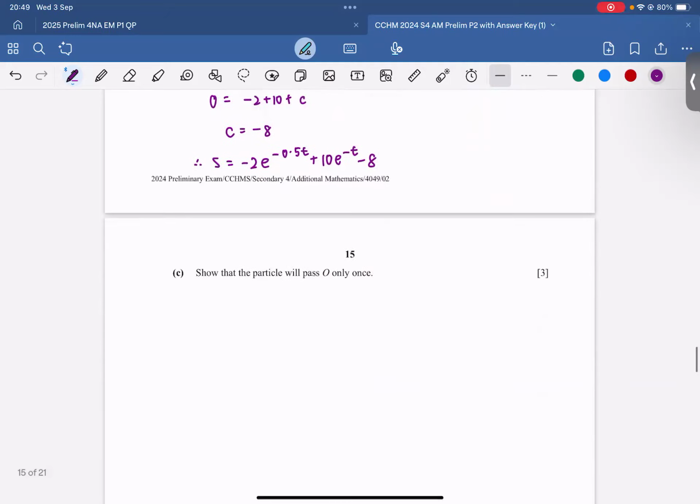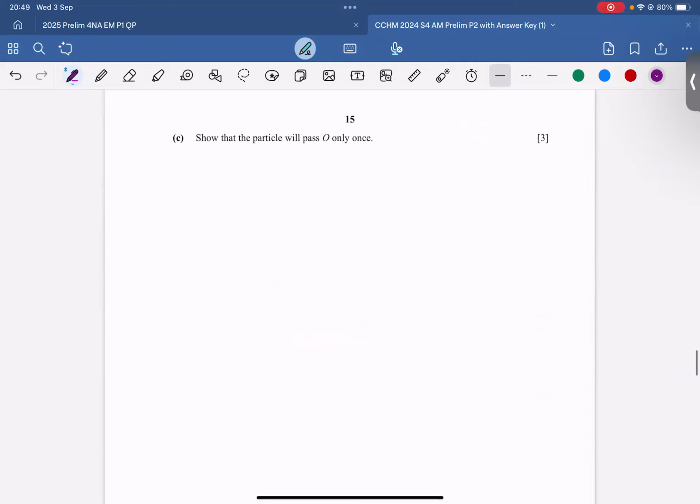Okay, next. Show that the particle will pass O only once. So pass O basically just means S equals 0. So once means actually one answer only. So you see the math and the calculation must tally. If you got two answers, it means it will go back to O 2 times. That's all. So when S is 0,